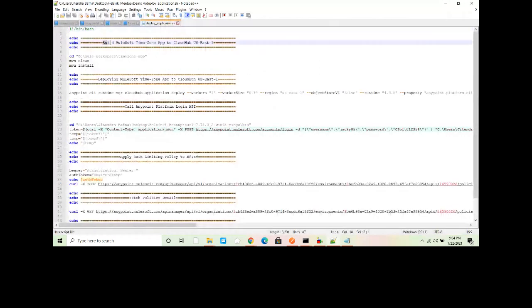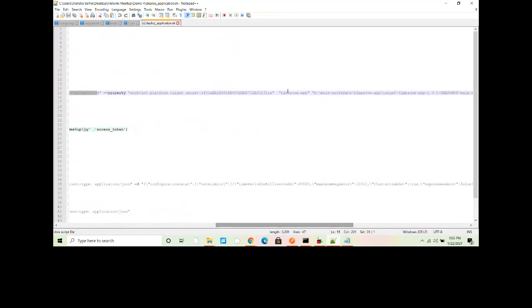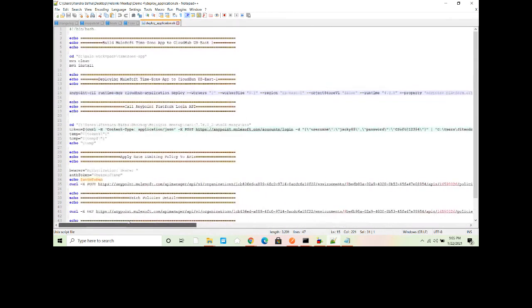So basically, the first step will build the application. Okay, so mvn clean, mvn install, then it will deploy the application. We are using the Anypoint CLI runtime-mgr cloudhub-application deploy command. We specify the worker size, where you want to deploy the application, and the object store. Then we are passing two properties. We can pass multiple properties also: anypoint.platform.client_id, which is the environment client ID, and anypoint.platform.client_secret, the environment client secret. This is required for enabling the API auto discovery. Then we give the application name, then the location from where to pick the jar file.